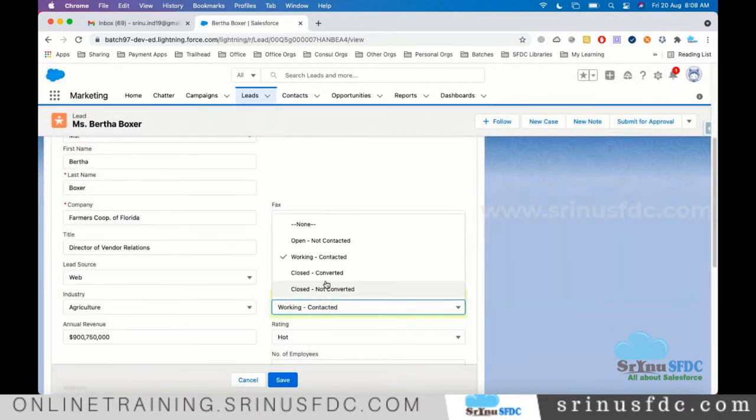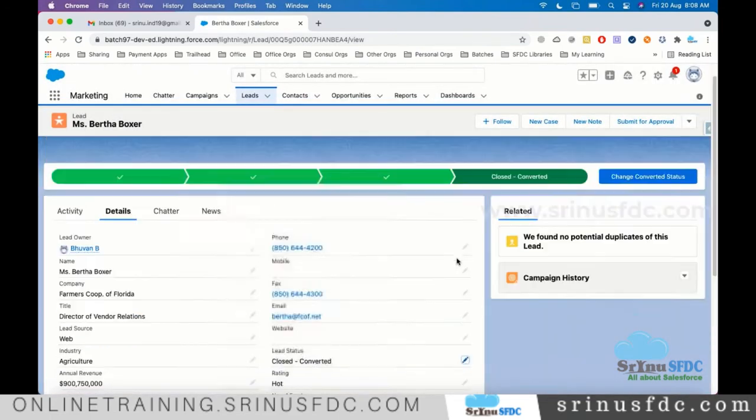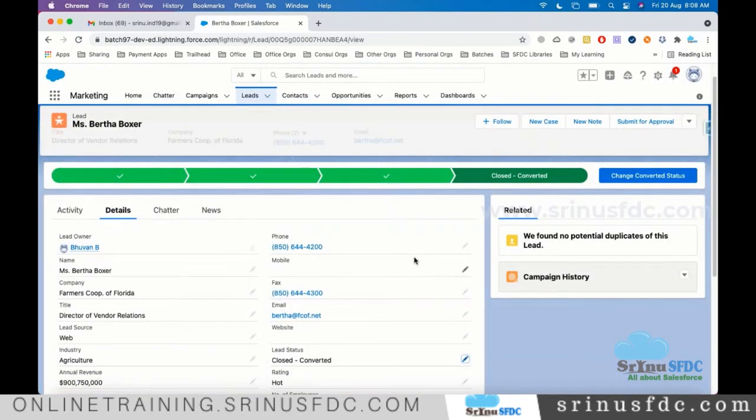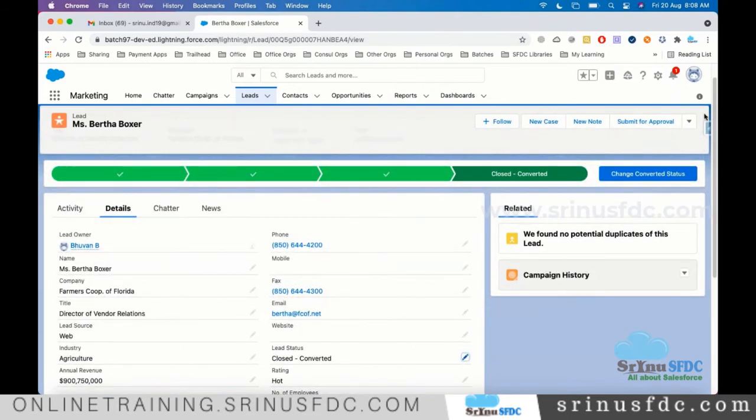If the lead is closed converted, meaning showing interest further, it can be marked like that, and this lead is qualified and ready to be converted as a customer. That is how the lead will be maintained. Once the lead is closed successfully, the lead can be converted into account, contact, and opportunity.